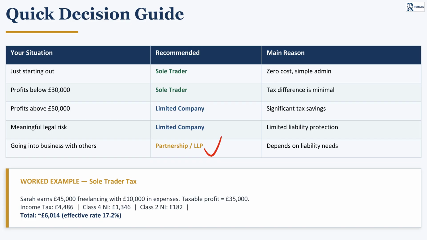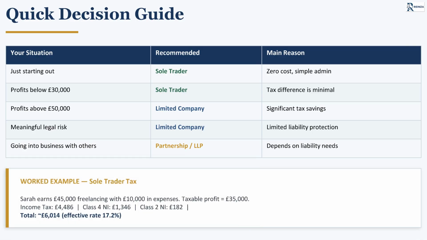Let me give you a worked example. Sarah earns £45,000 freelancing, with £10,000 in allowable expenses. Her taxable profit is £35,000. As a sole trader, her income tax comes to approximately £4,486. Her Class 4 national insurance is around £1,346, and her Class 2 national insurance is £182. Her total tax bill is approximately £6,014, giving her an effective tax rate of around